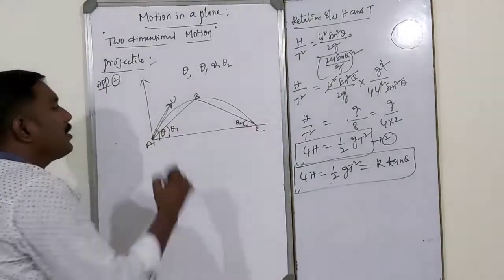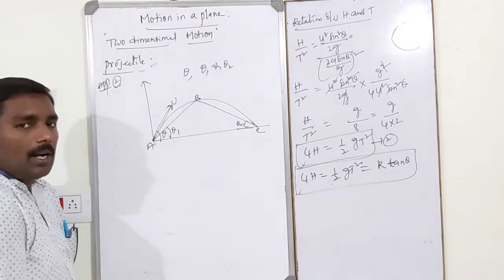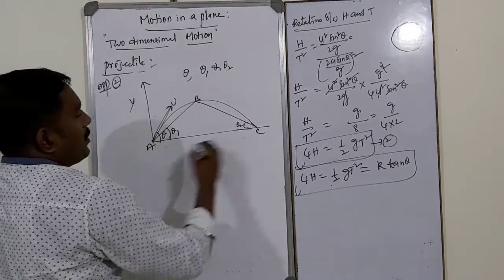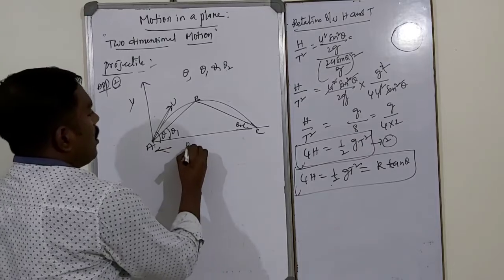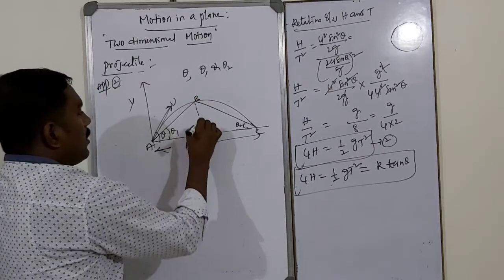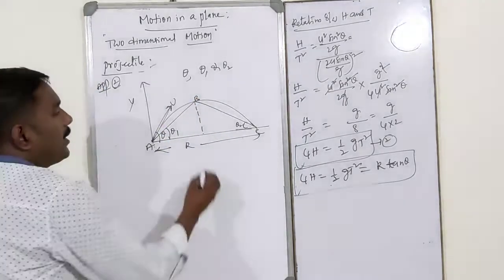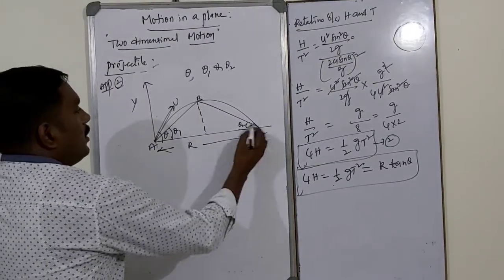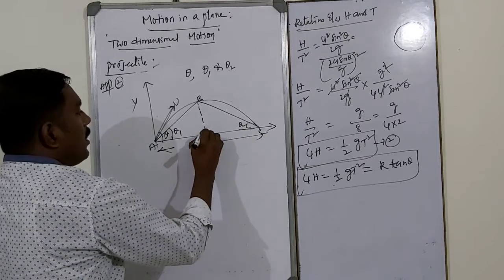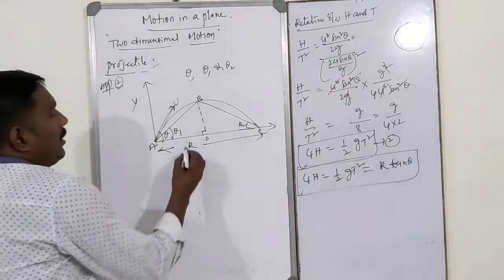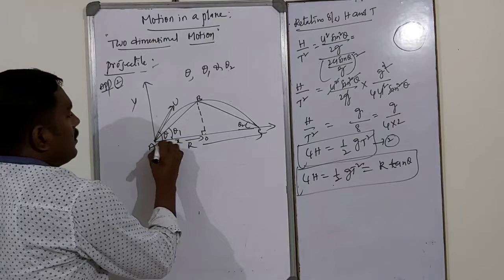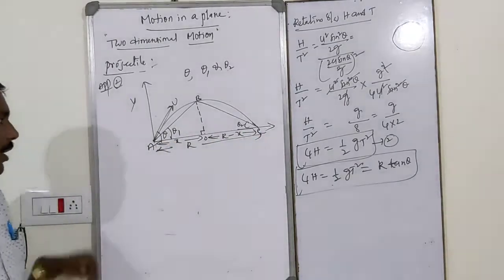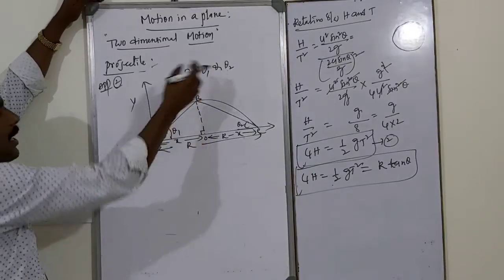So what is the relation between theta, theta 1 and theta 2? So that is the main question. This is the y component, of course this is the x component. So this is total what? R. So exactly draw the perpendicular from B. It touches the x-axis at O. This is absolutely 90. Okay. So this is, I will take x. This is R minus x. Okay. So what is the relation between theta 1, theta 2?